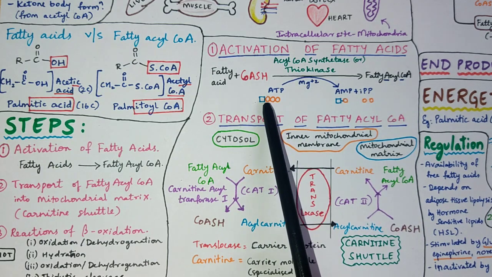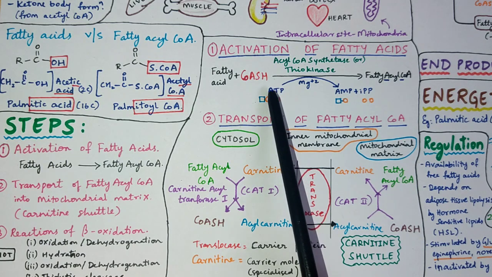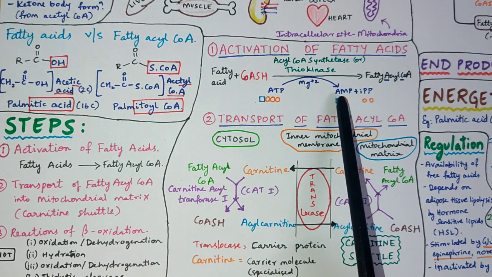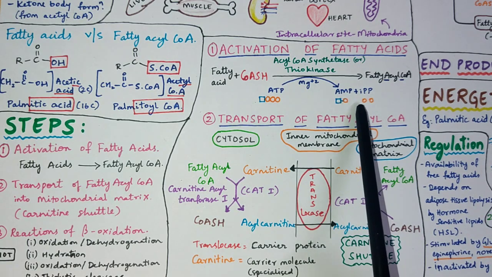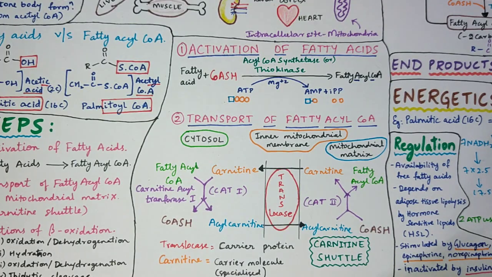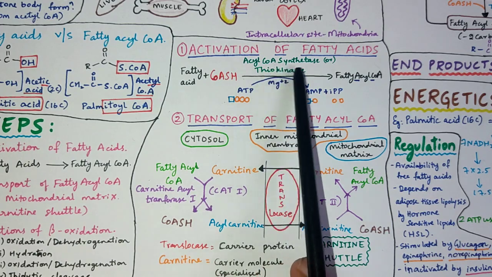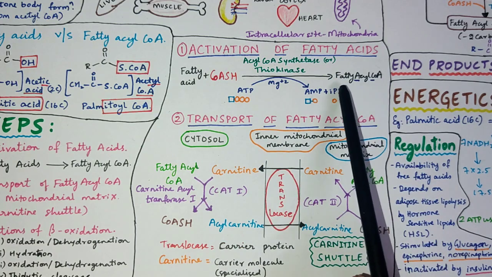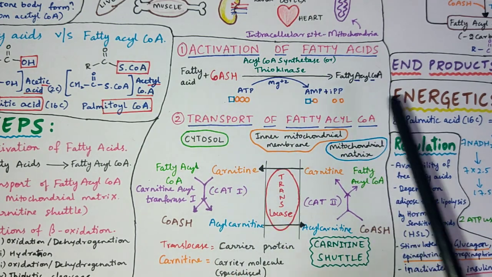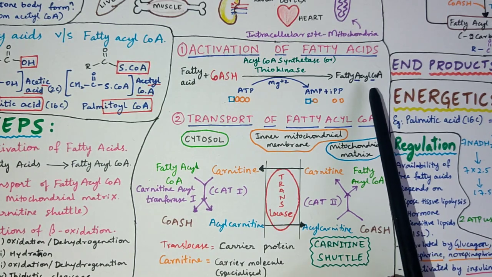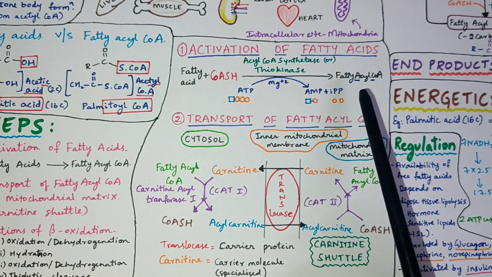Here what happens is, there are 3 phosphate groups. In that, 2 phosphate groups are broken out, and it is written as AMP, that is adenosine monophosphate, and inorganic pyrophosphate is removed. So now, with the help of acyl CoA synthetase and the use of ATP, this fatty acid is converted into fatty acyl CoA with the help of CoA-SH. Now this fatty acyl CoA, the same kid, is really very happy now, and it thought that, yeah, I am converted now, I am activated now, I can get into mitochondria and undergo oxidation.